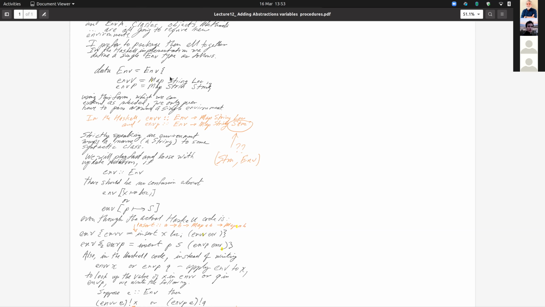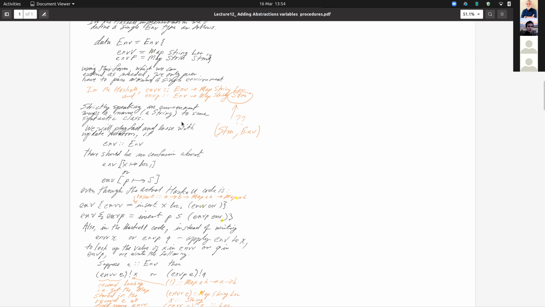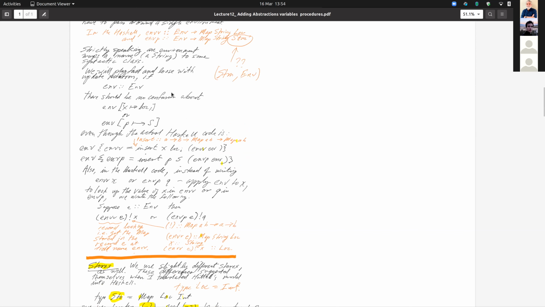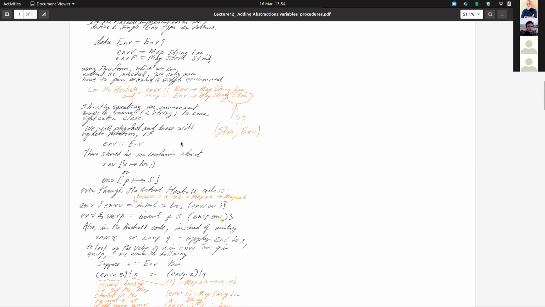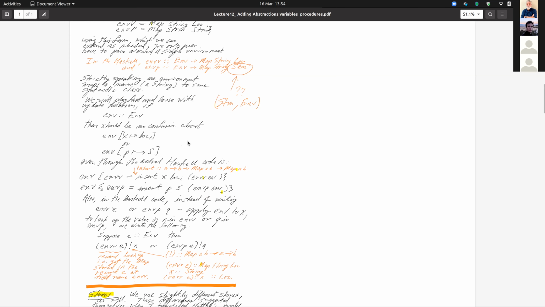All right, it's not until later that we have to worry about adding that, but I was adding it in the notes at this point. So we don't need to worry about the environment for procedures at first, but later. So you can think of these environments as being maps from names to syntactic classes. And every time you add a new syntactic class,